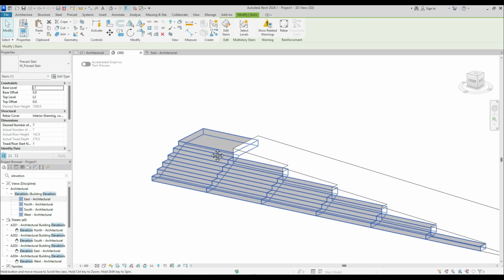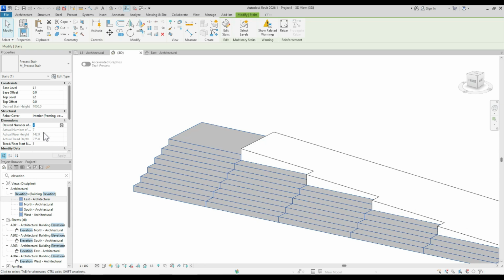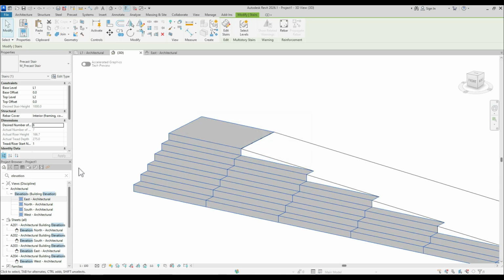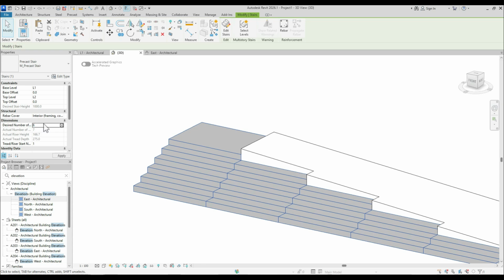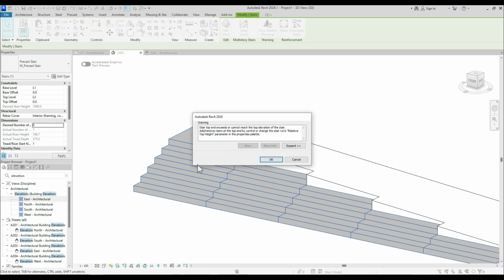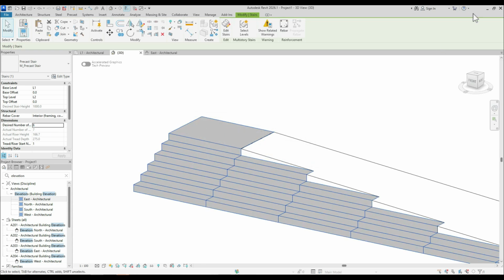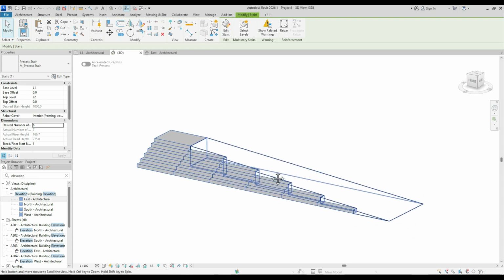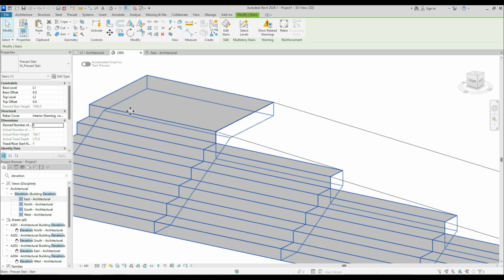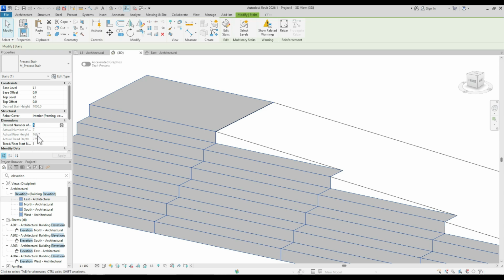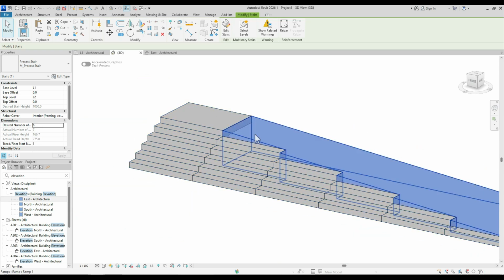The stair is okay. Just make sure of the height of the riser. For me, I would keep it 7. So you would get this result. But for me, I want to reduce it. Okay, 6 meter. Okay,